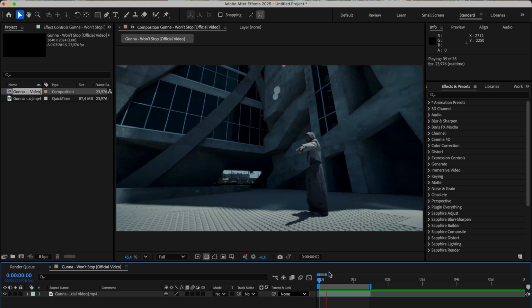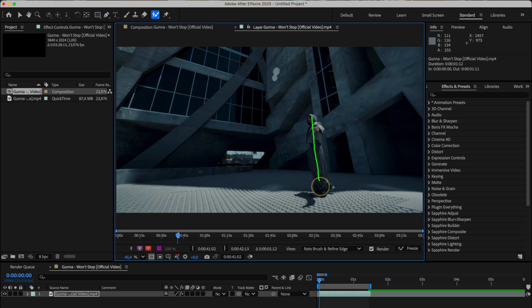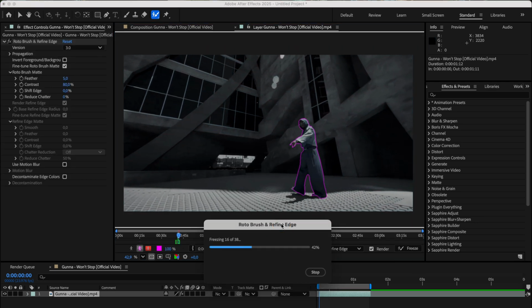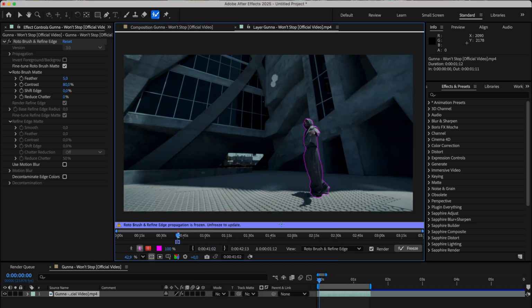Alright, so here we have our clip ready to go. First, double click on it to open up the layer, then grab the roto brush tool and start creating a rotoscope around your subject. Once you're done with the selection, hit freeze so you can check for any rough edges or imperfections. If everything looks good and you're happy with the result, press Ctrl+D on your keyboard to duplicate the